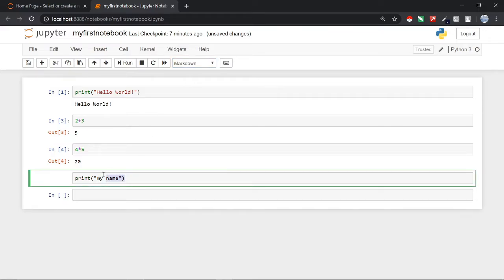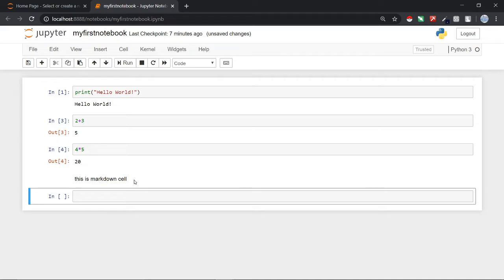From after that, whatever you write in this cell, like I have written here, this is a markdown cell, and I will just press shift plus enter. So this is not a code cell. Now this is a markdown cell. Markdown cell means you can use these cells as your self-explanatory notes. As you are all beginners here, you may make notes inside the Jupyter notebook within your code. So you don't need to make some other notepad type file to make your notes. You can do all this inside a single notebook.